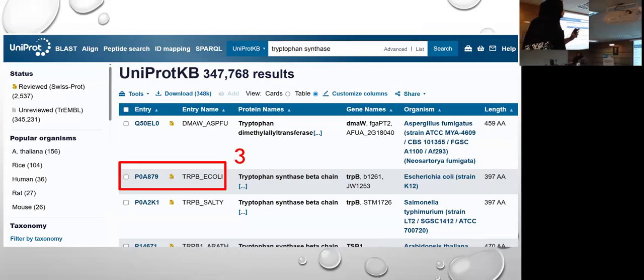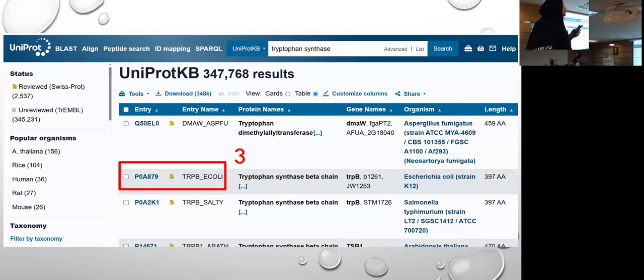For example, the tryptophan synthase in Aspergillus, tryptophan synthase from Escherichia coli and Salmonella typhi as well. These are different proteins isolated from different species. Many of them would be the same, but you can find it specifically for each of these species. So you can work on your desired protein, your desired species from this database. You can take that and do your stuff, whatever you want.